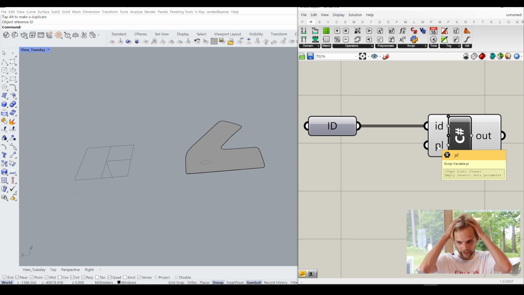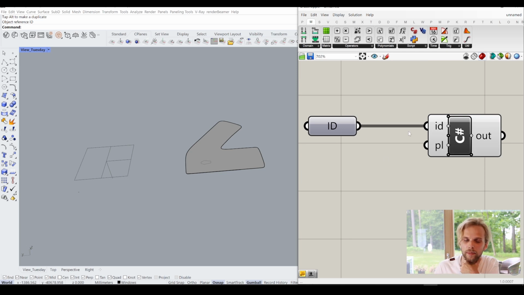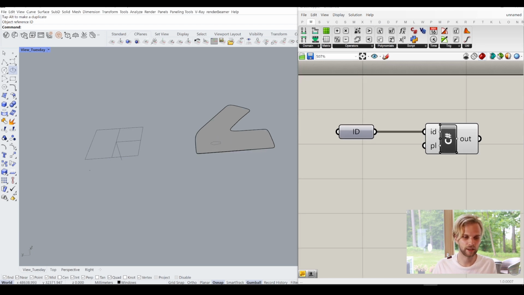Now for the plane. So basically I'm linking it in, and now I'm going to describe its new position with a plane. How can we do that? We can do that by, for instance, just creating a rectangle